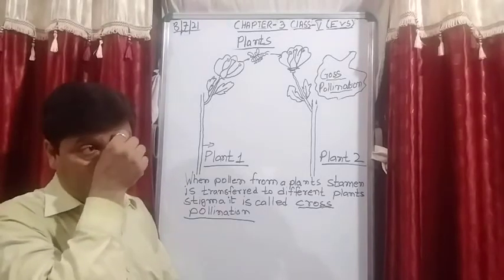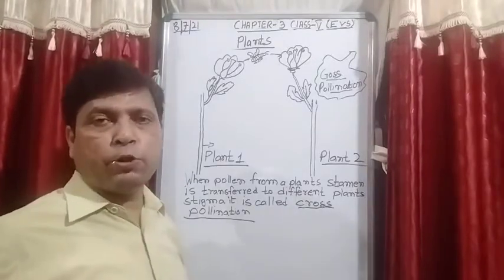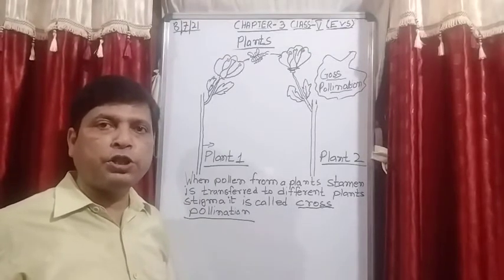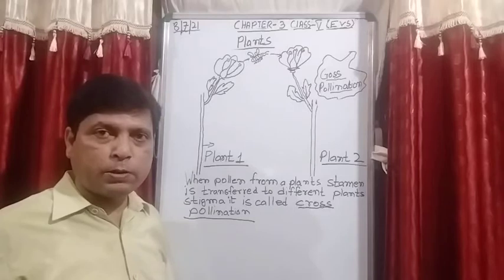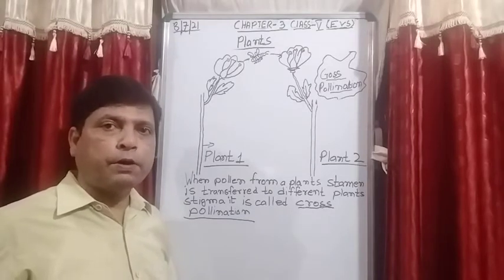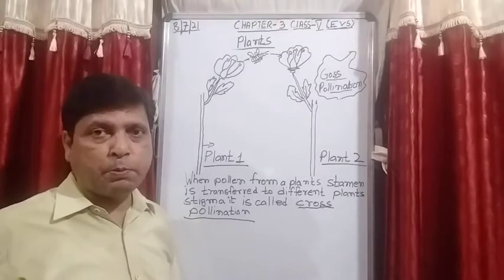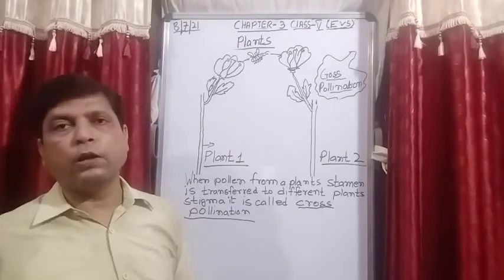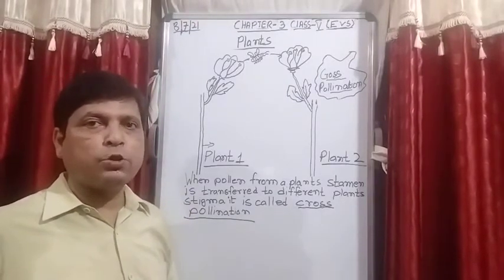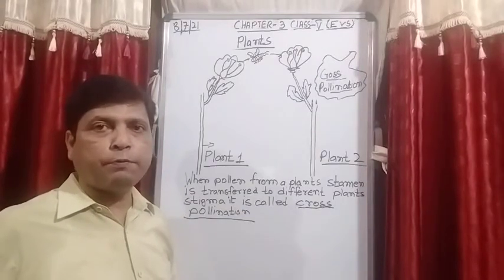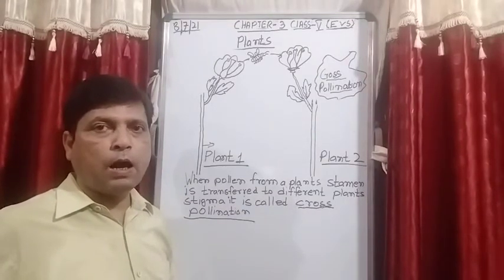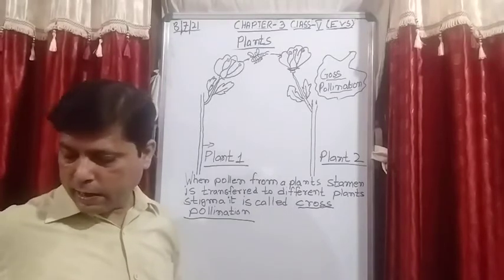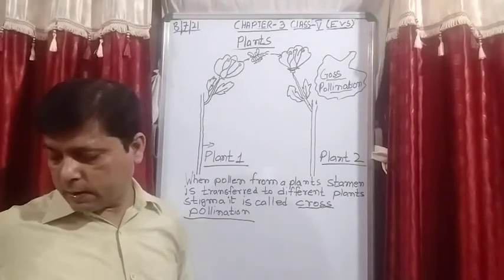Okay. So what is pollination? I explained to you. There are two types of pollination, that is self and cross pollination, that I also explained to you. What is fertilization, that I explained to you. So today all the topics related to parts of a plant, parts of a flower, I discussed. Now we will continue with the next topic, that is seed.